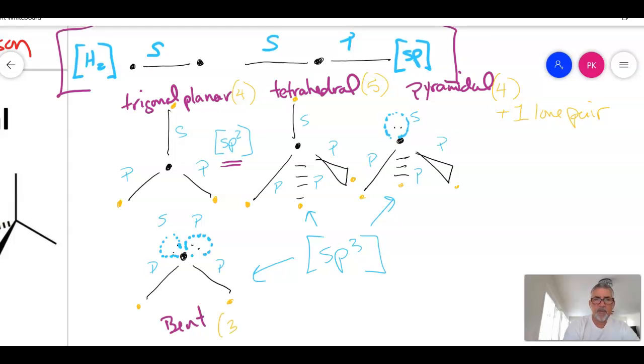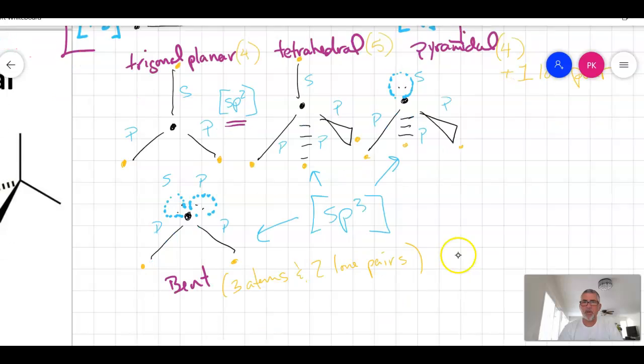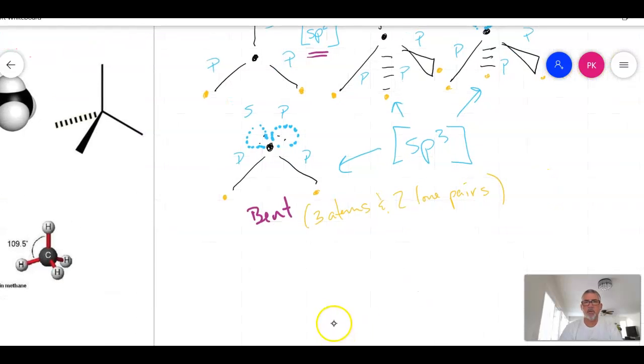And I have 3 atoms and 2 unshared pairs, or what they call lone pairs. Right, 2 lone pairs. Right, and remember that it's also sp3. So as we go to look at that,